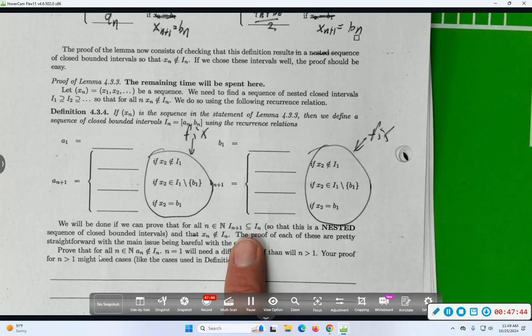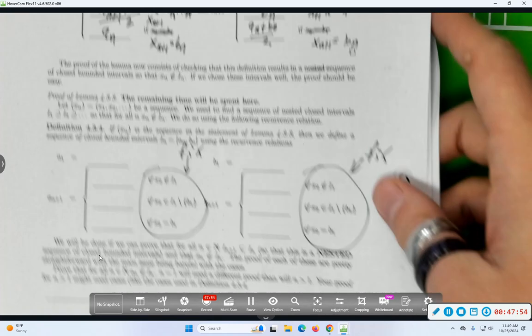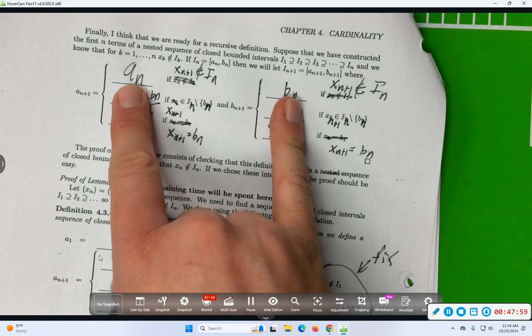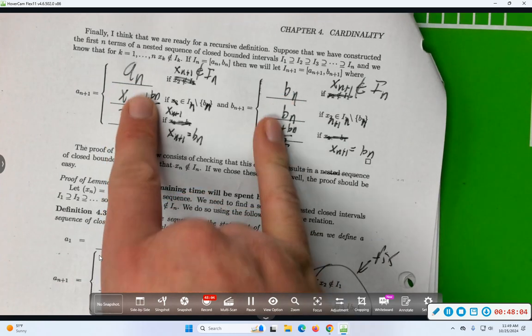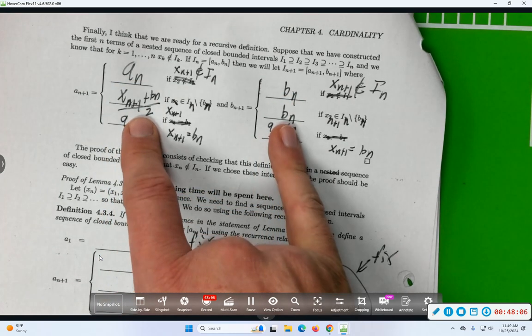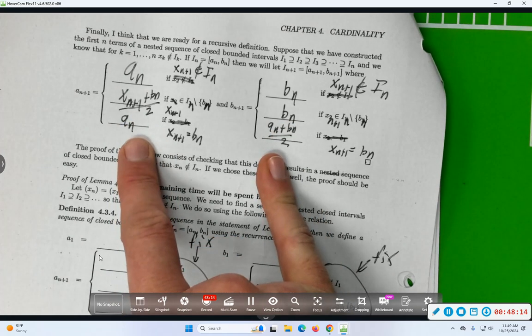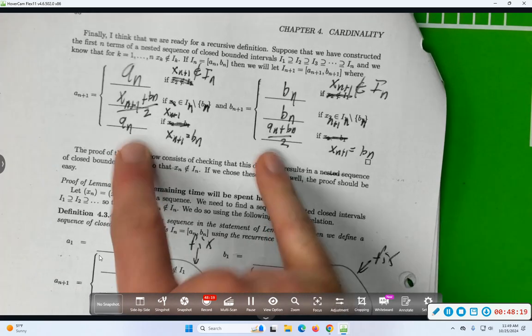I think there's going to be a case-wise argument, because there are 3 cases for what xn plus 1 might be, and the 3 cases affect what In plus 1 is. But in each case, is that interval clearly a subset of In? In fact, is it the same interval as In? Is that interval fairly clearly a subset of In? Yeah, maybe you have to muck around with some inequalities, but it won't be that bad. Is that interval fairly obviously a subset of In? Yeah, you'll need to muck around with some inequalities, but you can do that.